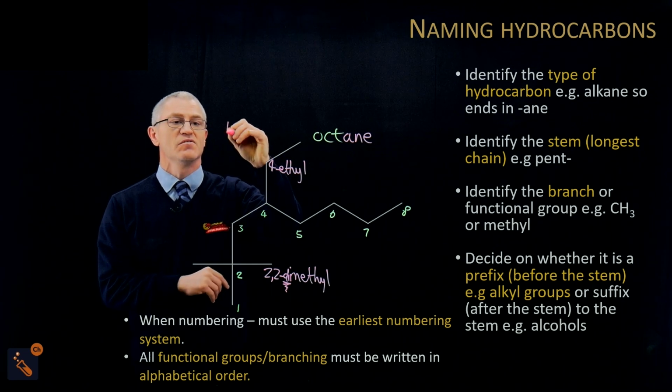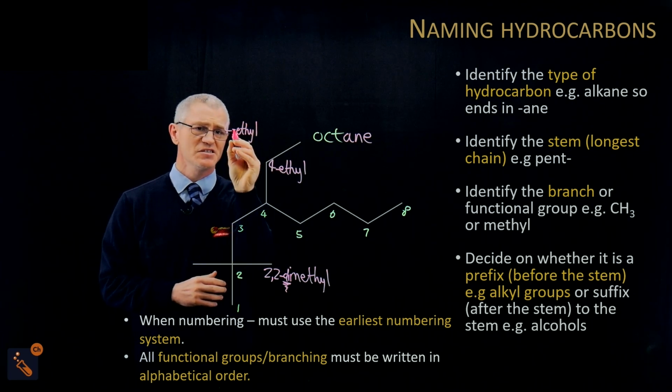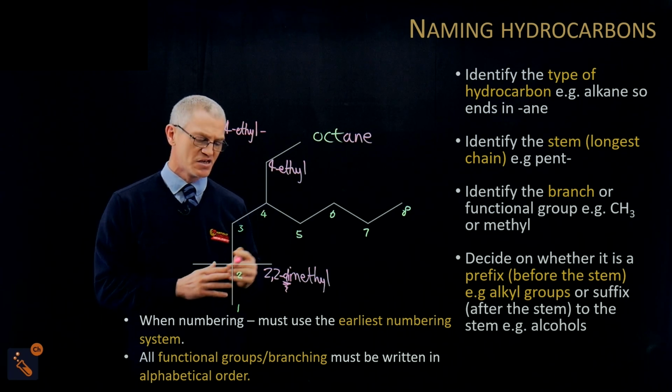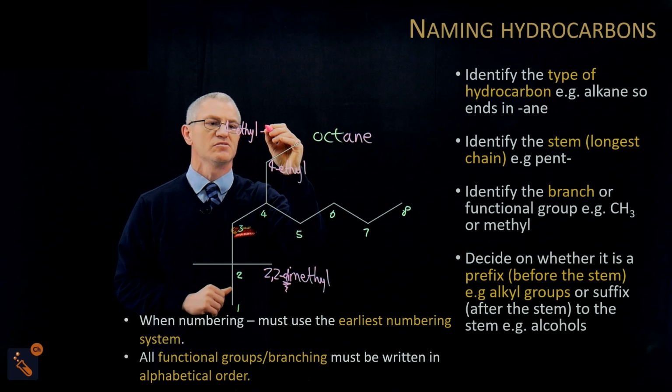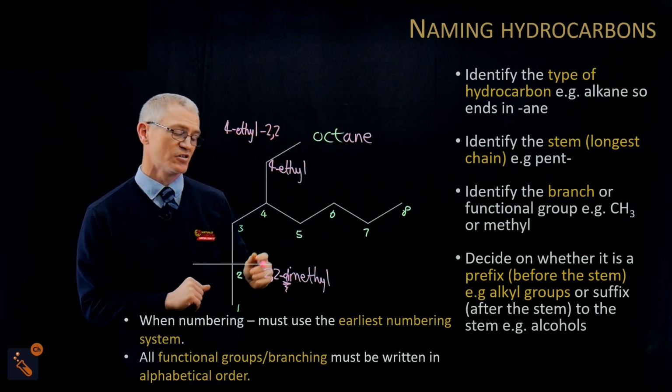So it's going to be 4-ethyl. So we've done 4-ethyl. Notice they're separated by these hyphens, okay? And then we go, right, next one is 2,2-dimethyl. So 2, comma, 2, really important, you put a comma between the numbers,